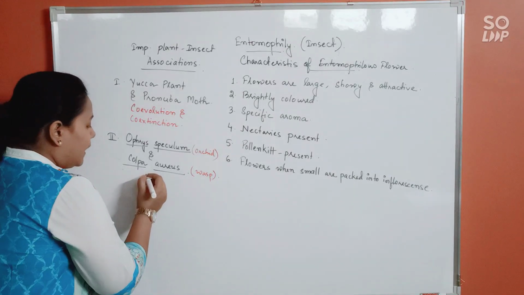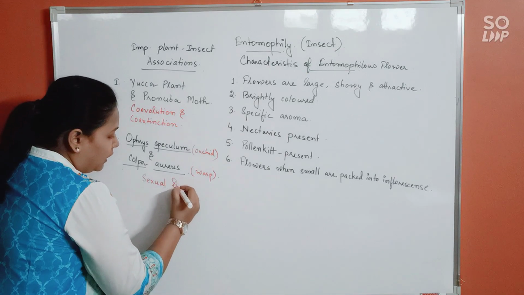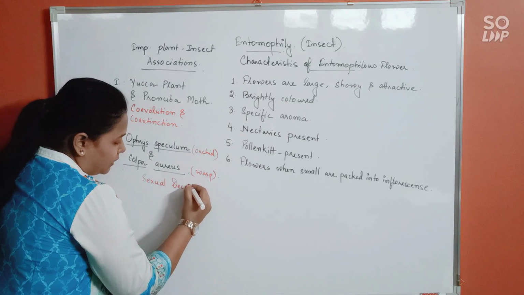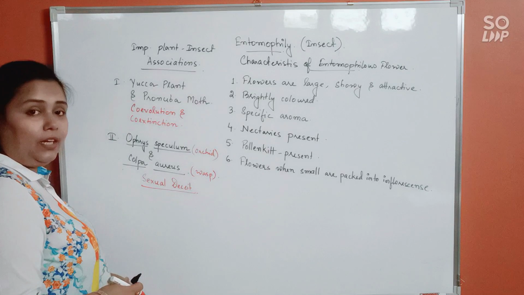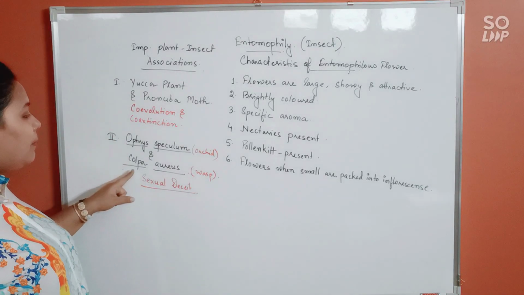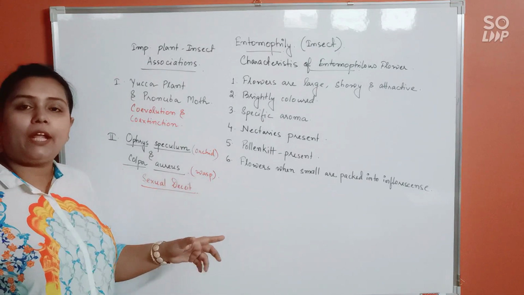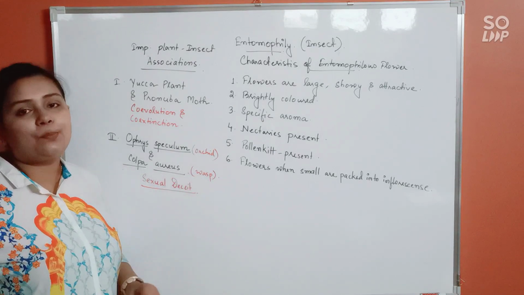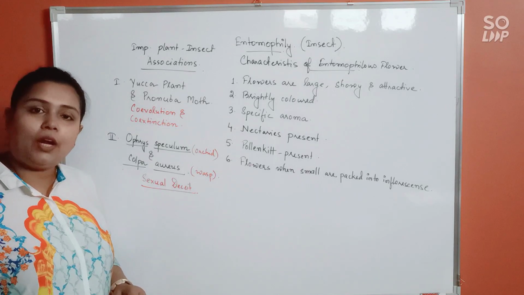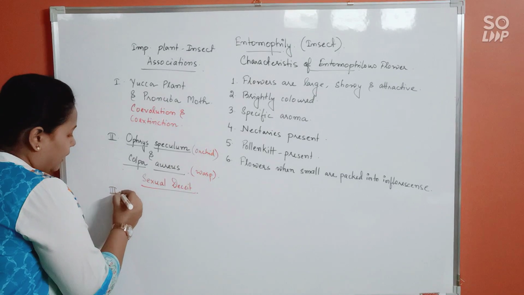So this is an example for sexual deceit. Alright? The flowers of this orchid will look exactly like the female wasp, and that's why the male wasp will pseudocopulate with the flower, and hence pollination will take place. Alright? The third important thing that you should know is called